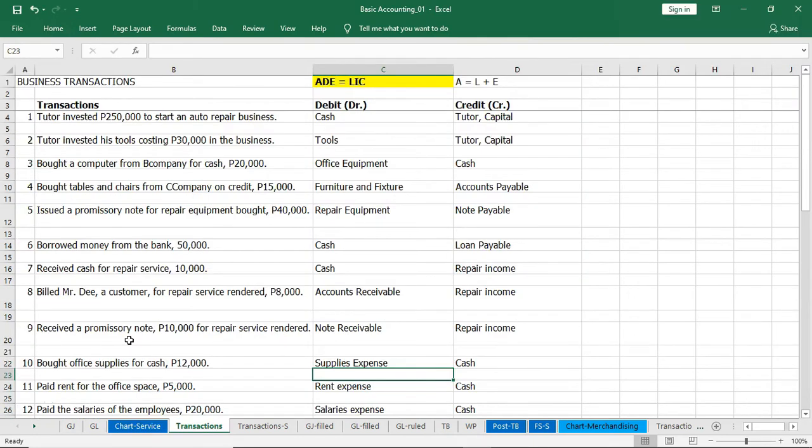Okay, so recording of transactions na tayo, pero parang review pa rin siya ng debit and credit natin. So, di ba yung accounting equation natin is assets equals liabilities plus equity. Pero yung expanded version natin is ADE equals LIC or assets plus drawing plus expenses equals liability, income, and then capital. Okay, so to review, etong tatlong account types na ito, assets, drawing, saka expenses, ang normal side nila is